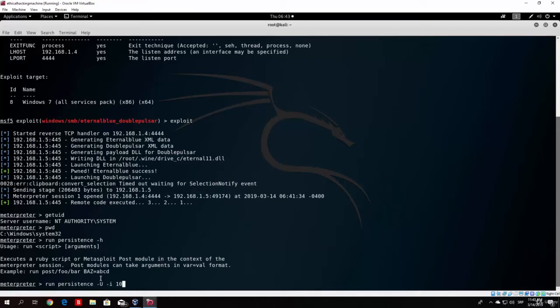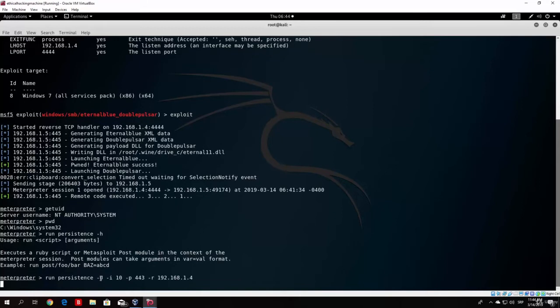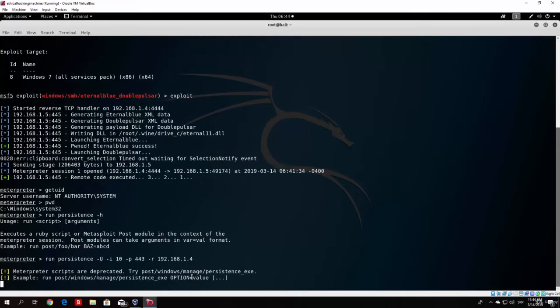So the thing that we want to specify after that is -p for the port, and let's use port 443. And of course, after that you want to use -r, which is the remote address, basically this is our IP address. So this is the IP address that the target machine will try to connect to, which should be the IP address of your Kali Linux machine, which in my case is .1.4. So after you do that, you just click here enter, run persistence, and we specify the entire command right here,